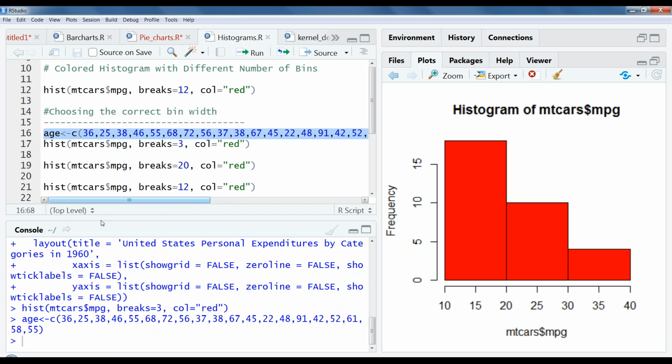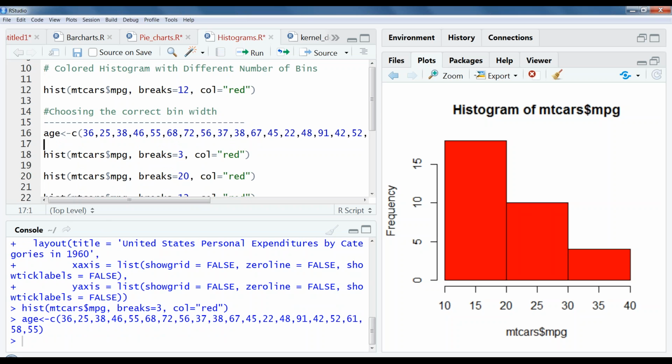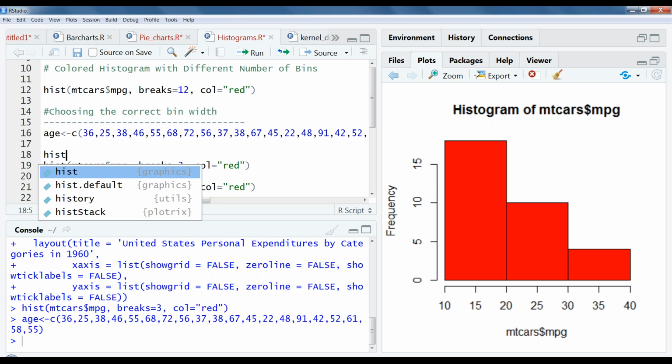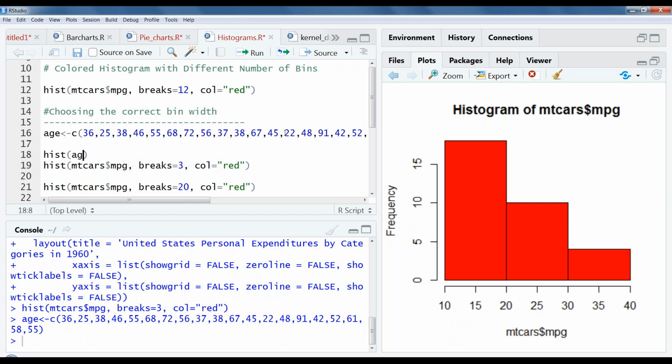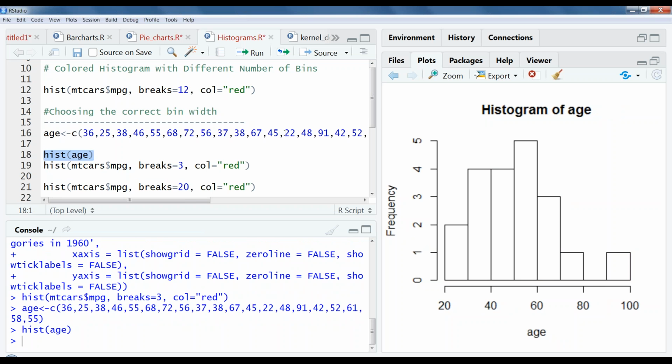With this, I'm going to plot the histogram of ages. It is going to tell me how many people out of these 20 are between 20 and 30 years of age. It is giving me a frequency of two persons in this list in the age range of 20 to 30,